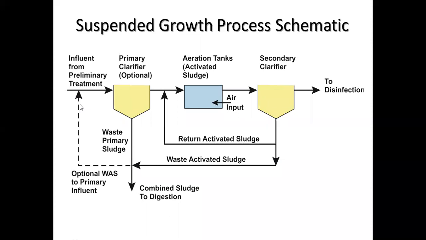See here, there are two types of growth processes. One is the suspended growth process, and another one is the attached growth process. Suspended growth process, in the sense, they can remain in a suspension form, and they can grow in a suspension form itself. Once they get settled down, they become deactivated. But up until the time they are in a suspension form, they are active.